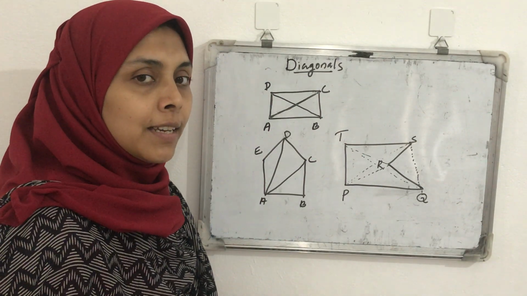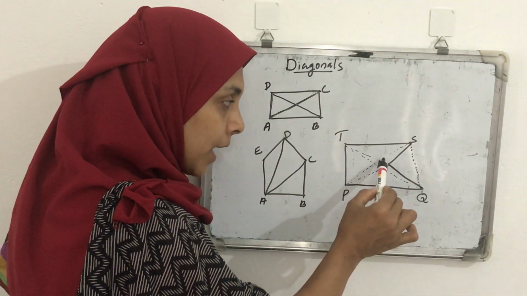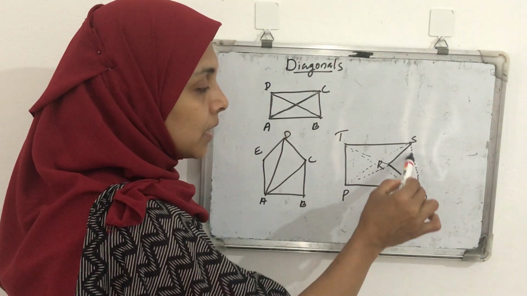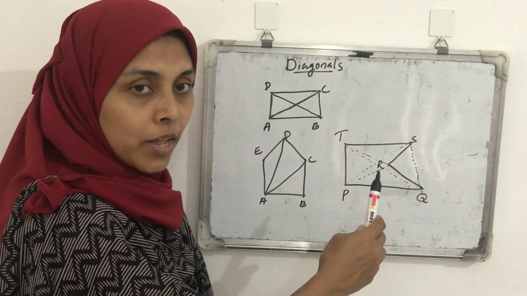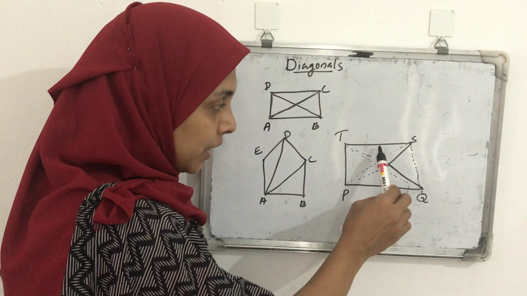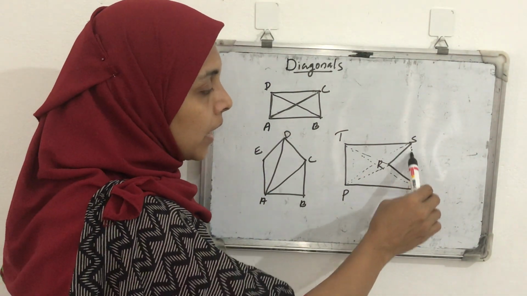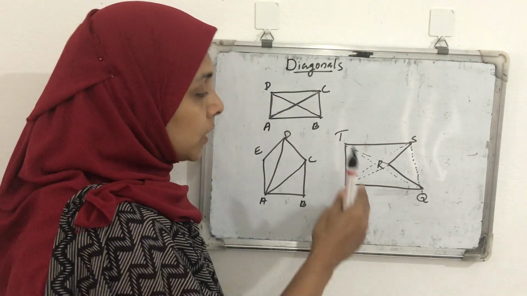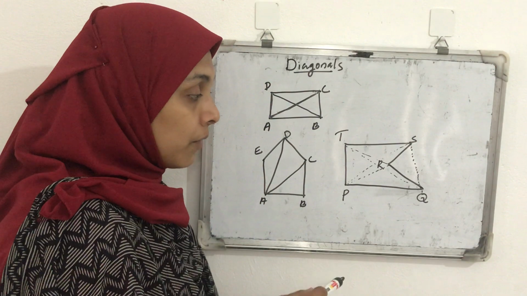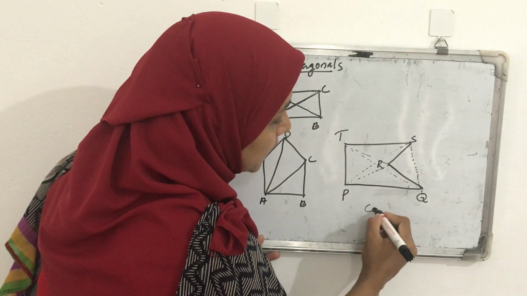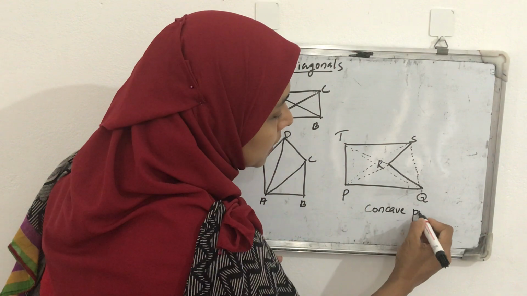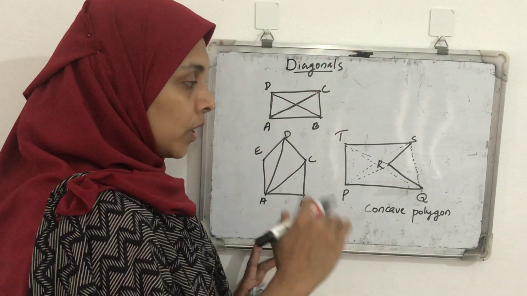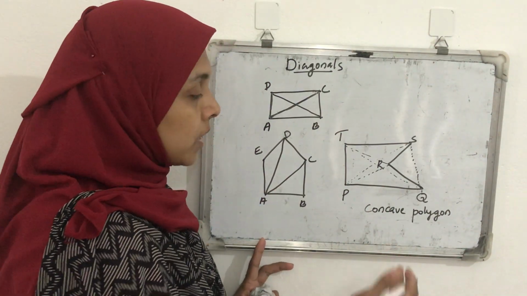Can you imagine that? We know all other diagonals are on the interior part of the polygon, but QS is on the exterior part of that polygon. All these diagonals are in the interior part of this polygon, but the diagonal QS is on the exterior part of that polygon. So such polygons are called what? Concave polygons. That means if any one of the diagonals is on the exterior part of the polygon, such polygons